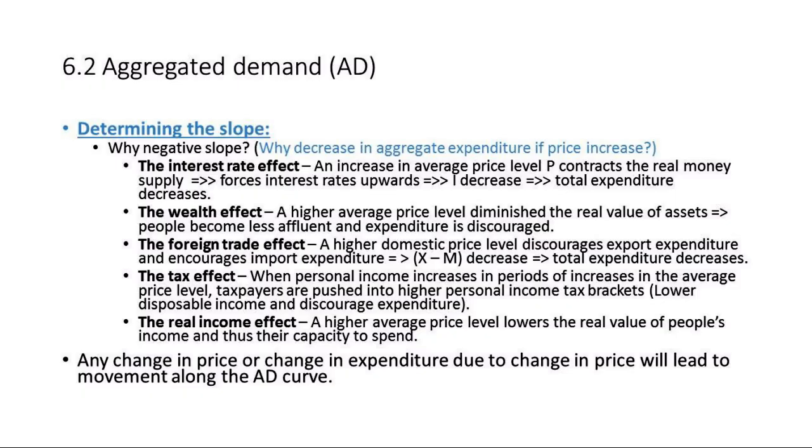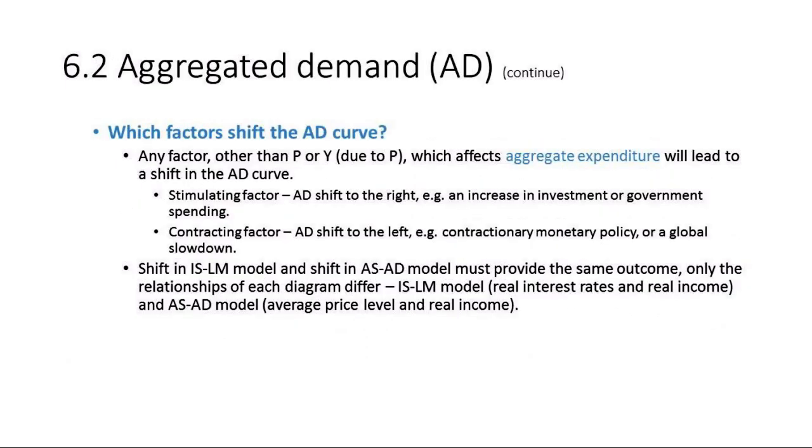So this negative relationship between price and income that is shown by the AD curve makes a lot of sense. So what would shift the AD curve? First thing to note is that a change in price does not shift the curve. That is a movement along the curve, where the curve as a whole can shift to the right if there's